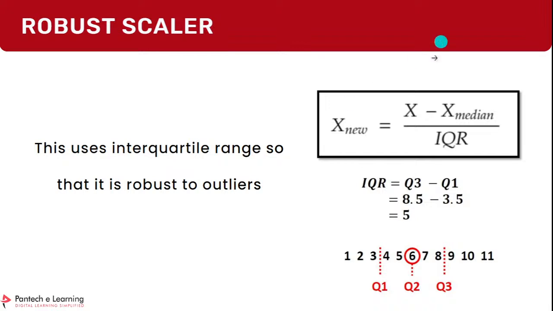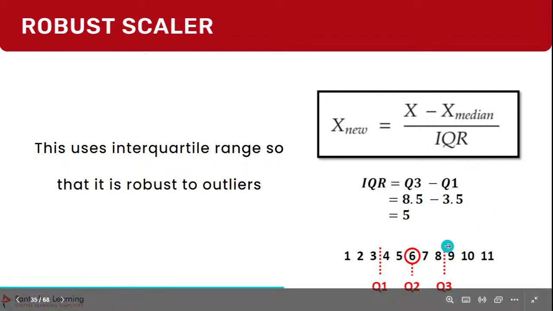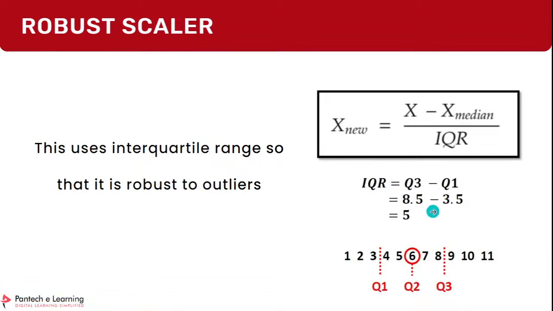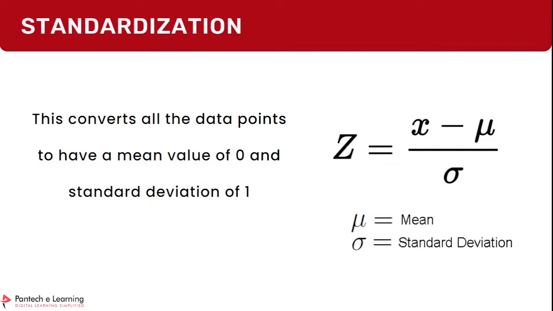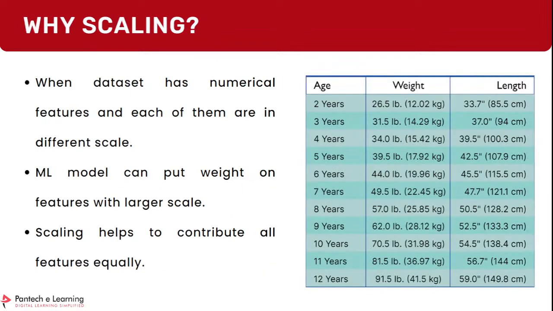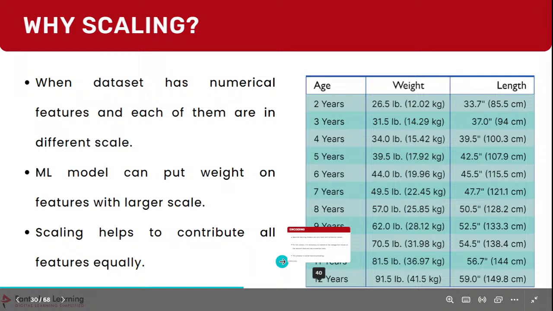So the new value is the value subtracted from the median, divided by the IQR, and the IQR is computed from the quartiles Q1 and Q3, the 25th and 75th percentiles, and then taking the subtraction. That range is the IQR. For example, here we used the maximum and minimum value, and there we went with mean and standard deviation. If you have a larger value, for example in age,